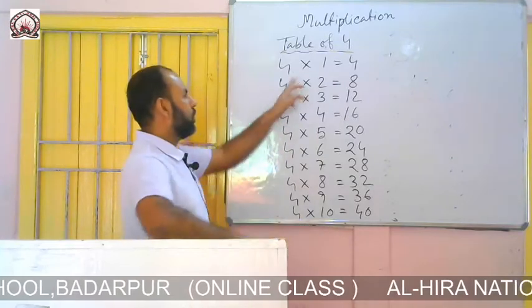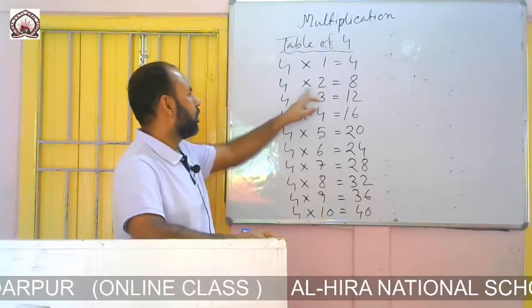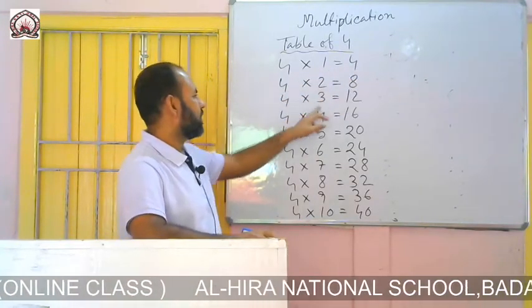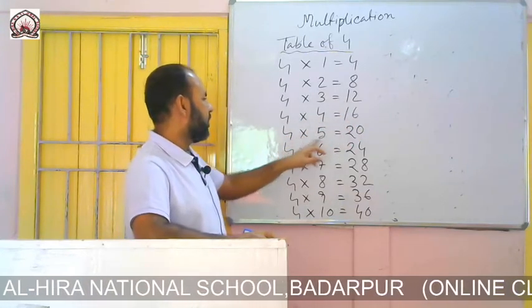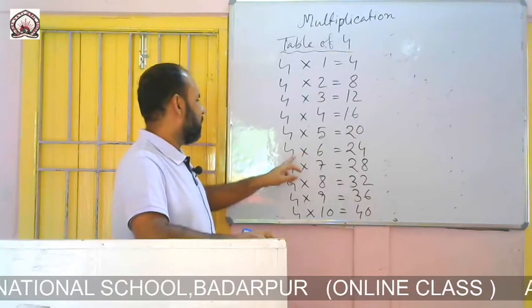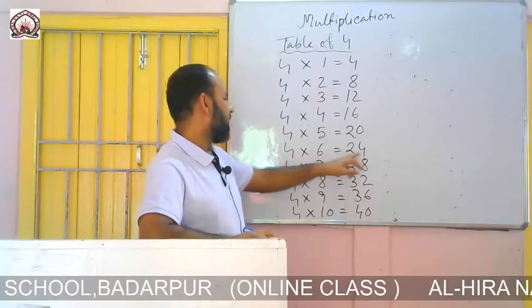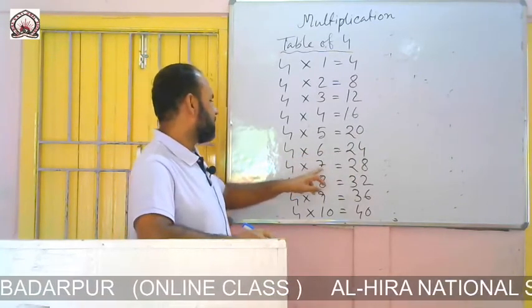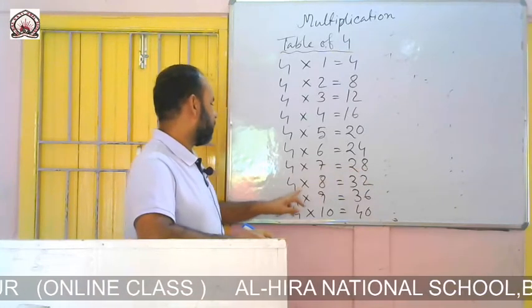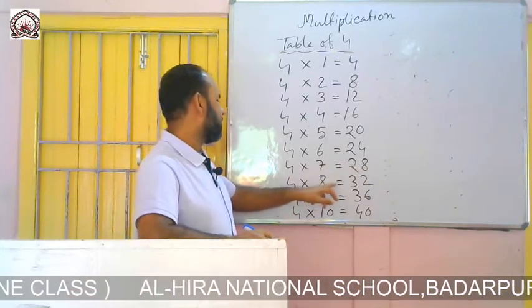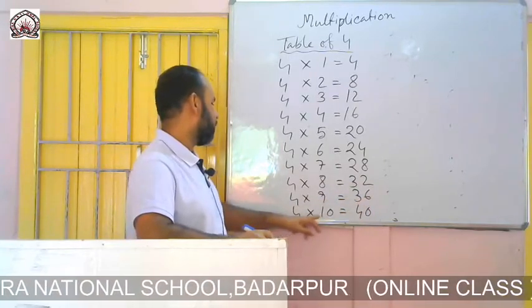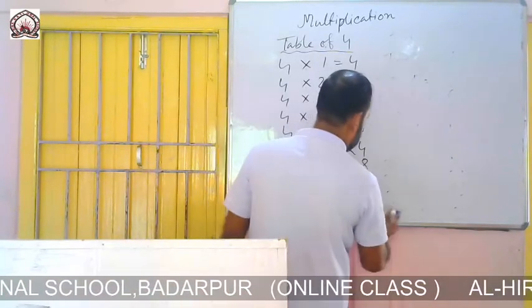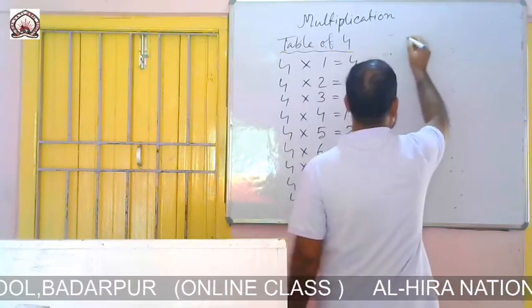So here 4 1s are 4, 4 2s are 8, 4 3s are 12, 4 4s are 16, 4 5s are 20, 4 6s are 24, 4 7s are 28, 4 8s are 32, 4 9s are 36, and 4 10s are 40. Now